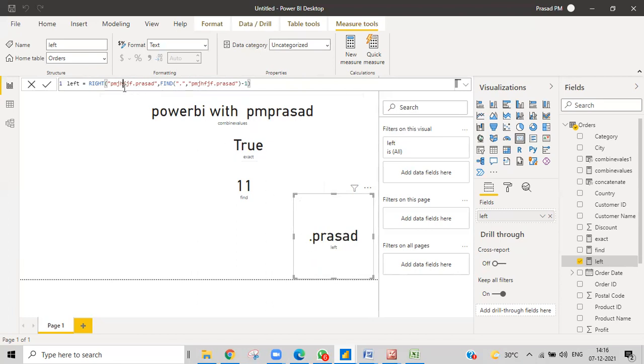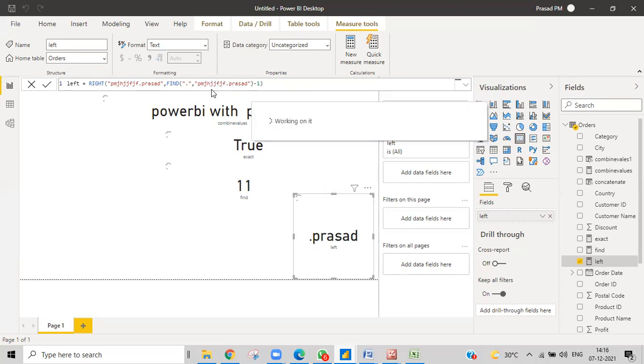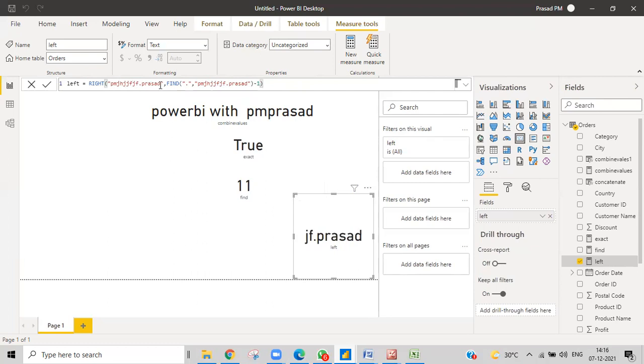Now, if my characters are like JJ and then H, after H JJ, what is the position of the dot right now? 3 plus 3 plus 3, the 10th position. So what we are doing is 10 minus 1, 9.